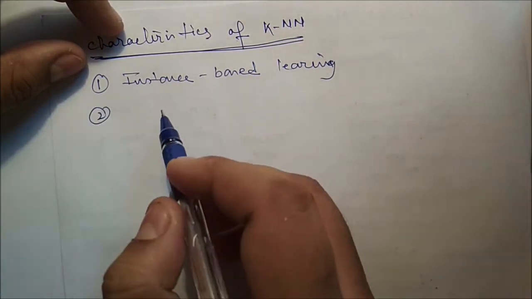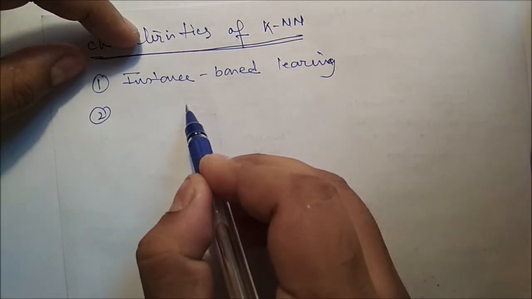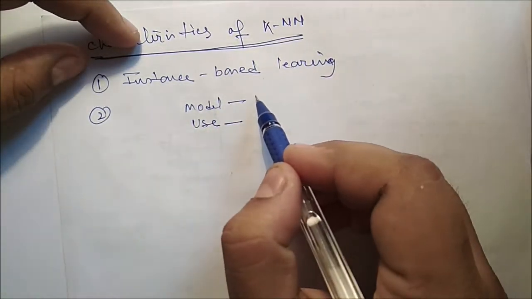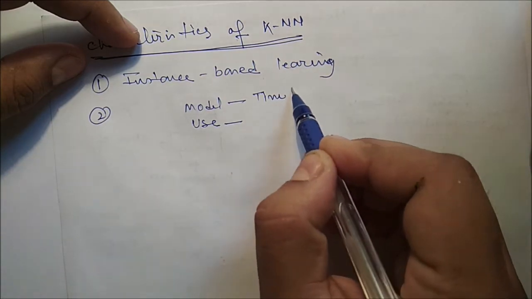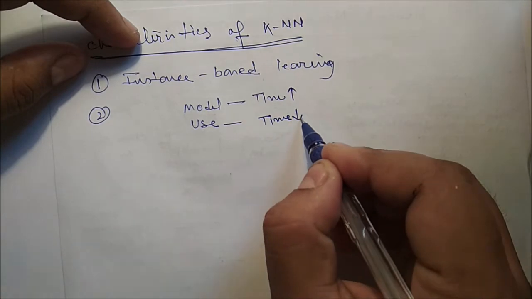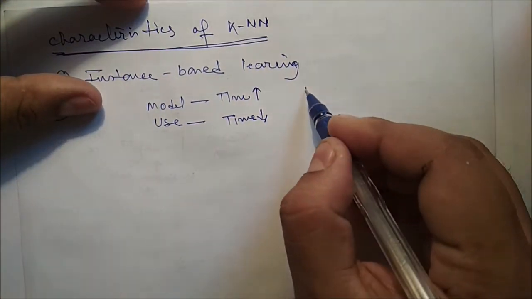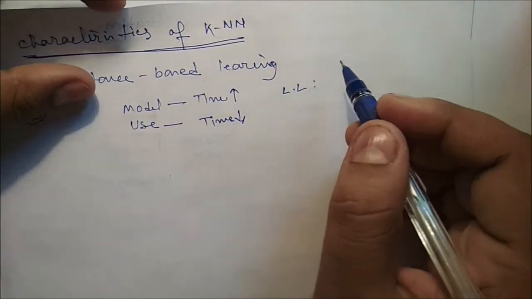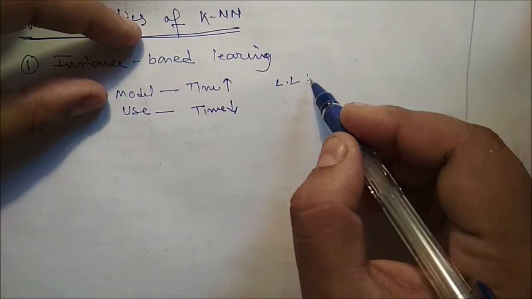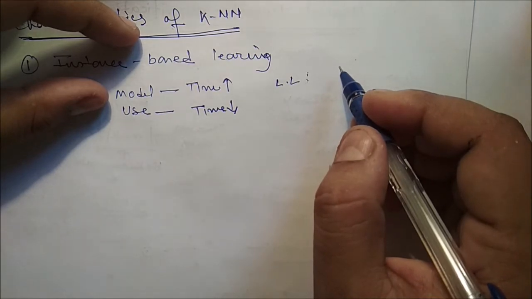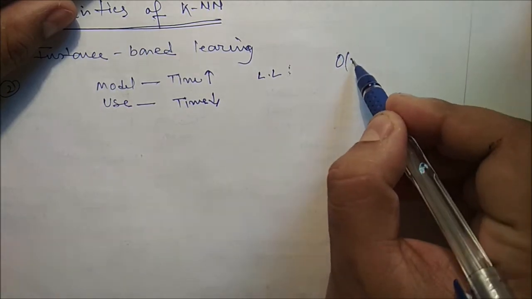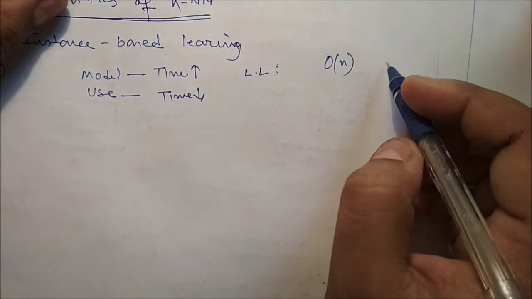So eager learning is a two-step process. First, we have to create the model, and then we have to use it. Creating a model is a time-consuming process and needs more time, but using a model needs less time. But if it is a lazy learner like KNN, there is no model creation, so the data itself is the model. So this process is expensive. It means the KNN process needs big O time to use the particular model.